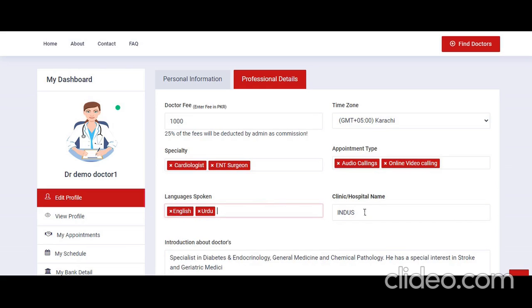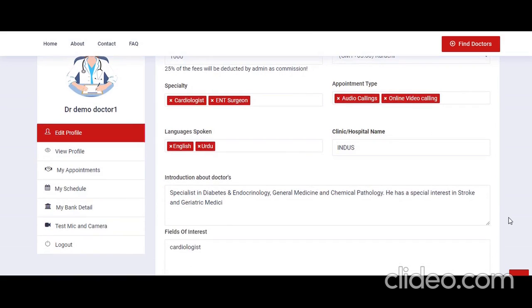You write your hospital or clinic name, for example you are in Indus Hospital, so I write Indus, and many more. You can write Aga Khan as well, Dow. I write Indus.